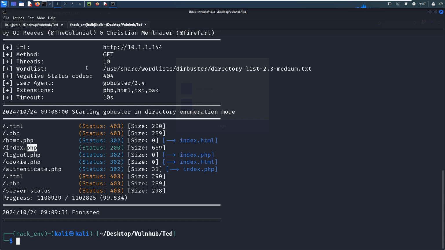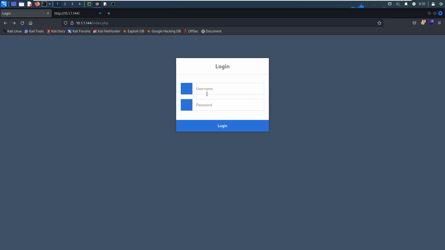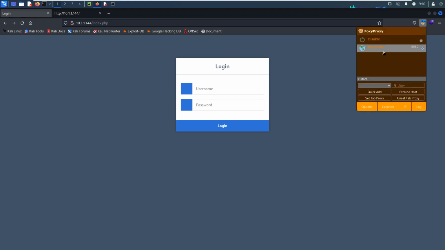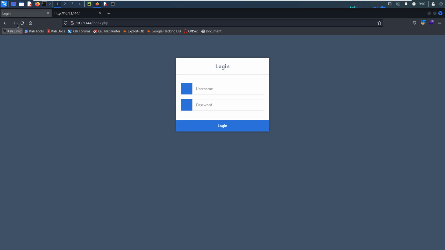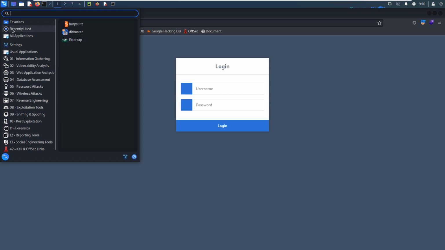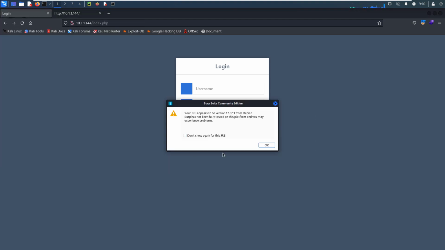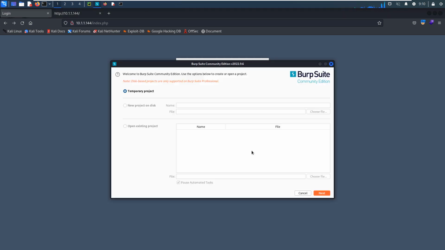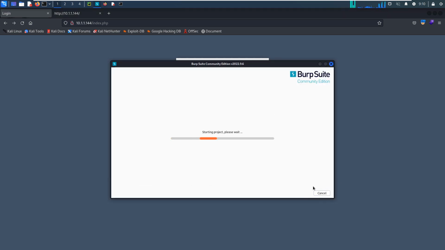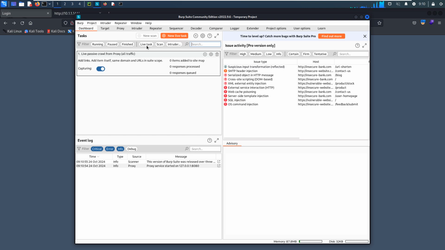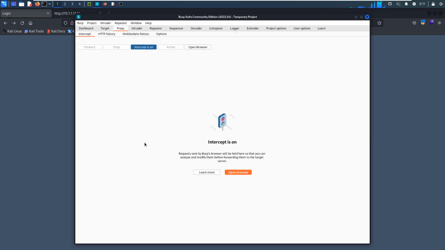I think now we can try to launch SQLmap to test the vulnerability of SQL injection, okay? So we can turn on the proxy to Burp Suite. So all traffic triggered from the client will be passing through the Burp Suite. And then we can intercept the request. And the proxy intercept is on.